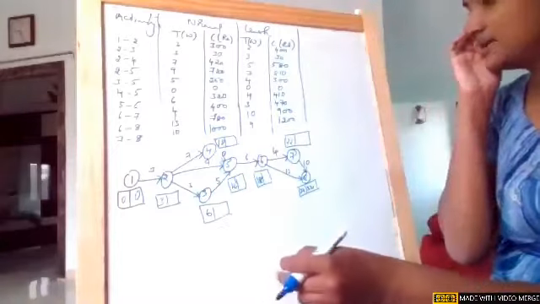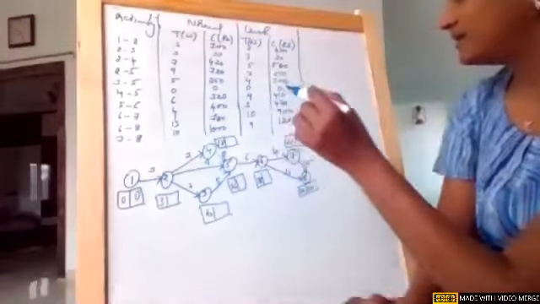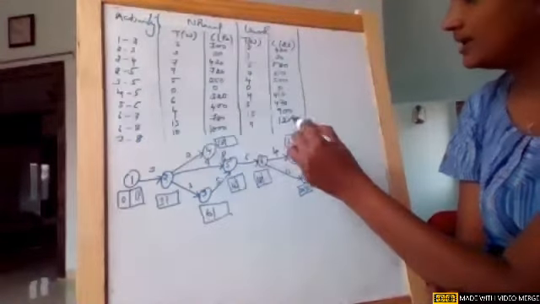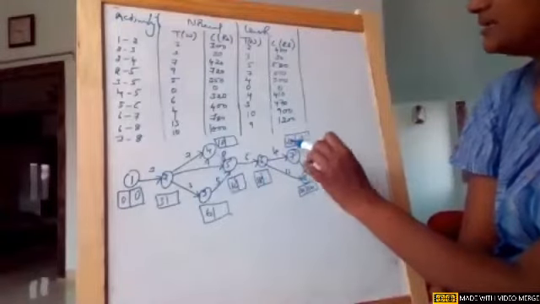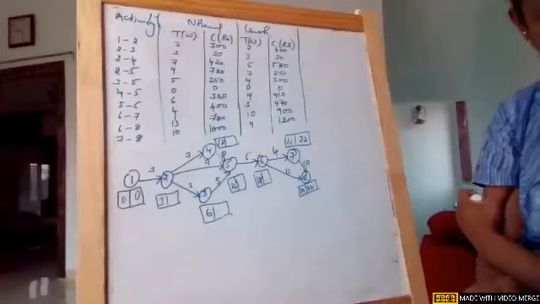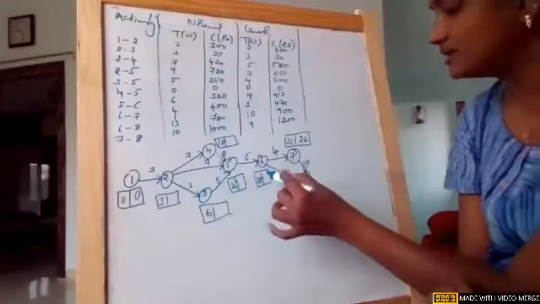Okay, the duration is 32. So again, when I am reversing it, 32 minus 10 is 22. Near node 6, there are two tails, so see which is the minimum tail. 22 minus 4 is 18. 32 minus 13 is... maybe maximum value. So it is 18.